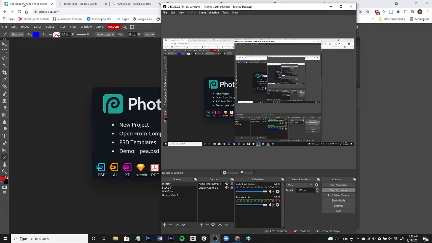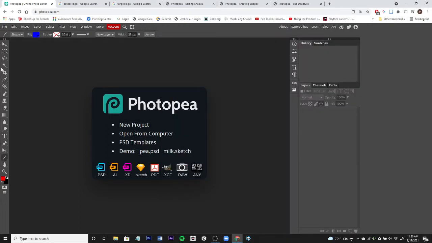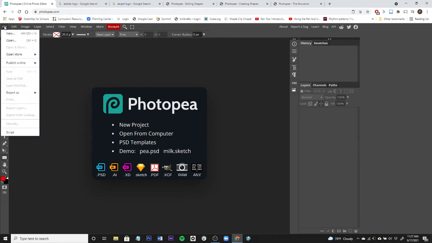Alright, we're going to get started with this logo project. So we're going to be focusing on the shape tools, which are found over here. The default shape is the rectangle. If you click and hold on that, you have some more tools here that we'll go over in just a second. So to get started, we're going to start a new file,